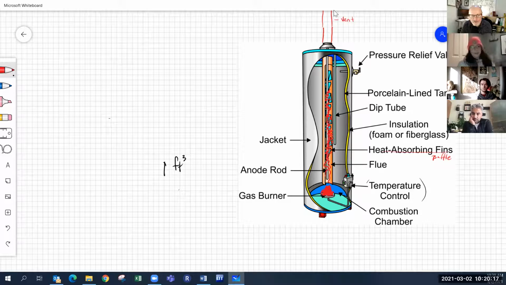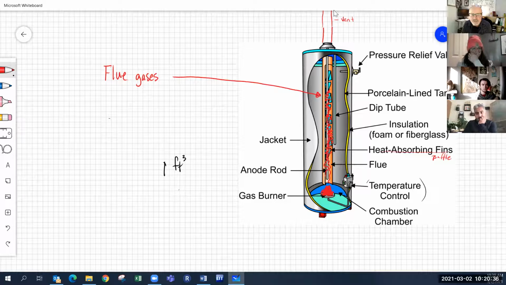Okay? So for every 1 cubic foot of natural gas, we can calculate the flue gases. The flue gases are the ones that are inside the appliance. They're still inside the appliance. They have not reached the vent as of yet. And these are called flue gases. So we have 1 cubic foot of fuel that is burned. So if I have CH4 and I burn 1 cubic foot,